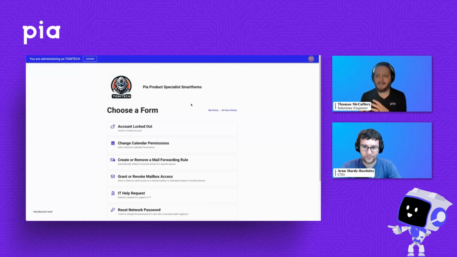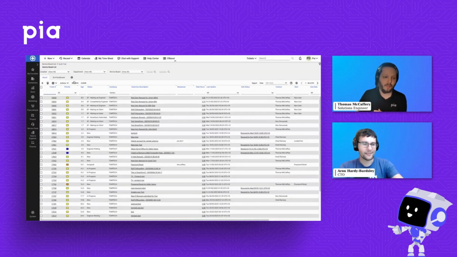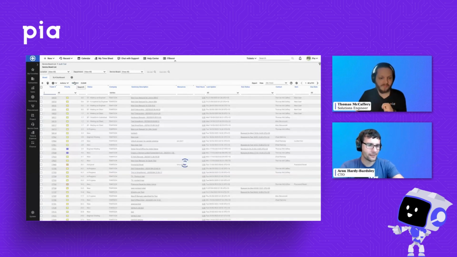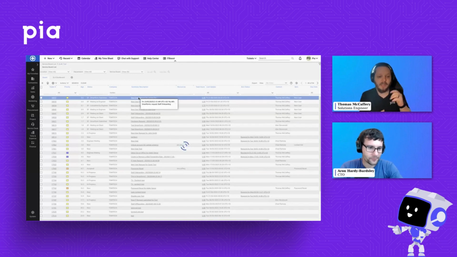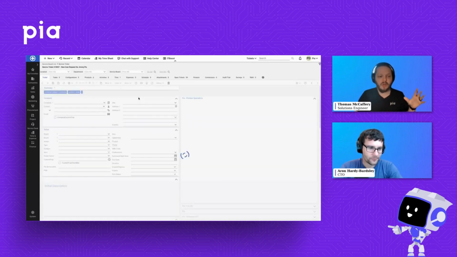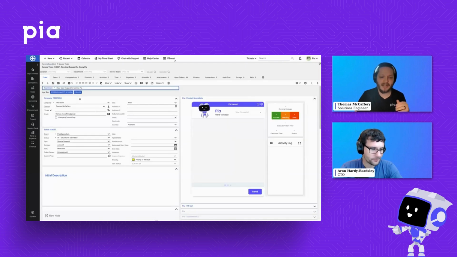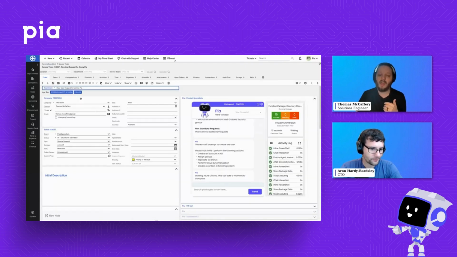Let's go ahead and take a look at the ticket that was created in my service desk and see how that's looking. So I'm just going to pop over here. Let's have a look at what's happening in the back end. Let's jump in. So we've got a new user request for Jimmy Pia here. A few things to note, by the way. You will notice that the company and contact have been automatically assumed based on who was logged into the portal at the time. That was me, so my details have been put in here.